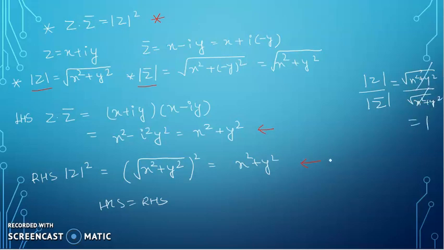Now, the same property which we have used in the question, we get now: beta minus alpha upon the conjugate of this. So this is one complex number, and in the denominator is the conjugate of this complex number. So what is this value? Equal to 1. See here, the modulus of z divided by the modulus of its conjugate is the same, that is 1.